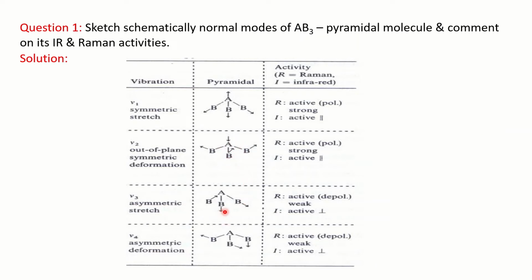And then you have stretching, which is asymmetrical. So asymmetrically you are stretching one, you can see B atom is compressing, the other two you are stretching. So asymmetrically you are stretching the molecule. And then again you have asymmetrical out of plane bending. So this is again asymmetrical, means in irregular directions you are having the deformation of the molecule. So this pattern you have to learn.